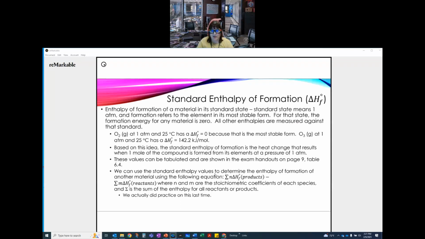We can use the standard enthalpy values to determine the enthalpy of formation of another material using the following equation: sigma n times delta H not F products minus sigma m times delta H not F reactants. And this is exactly what we did. Remember, we had that products minus the reactants. We had to multiply it by the number of moles. That's exactly what this says. It's the number of moles of each material that we're dealing with. So for each material that we have, we multiply by the number of moles of that material, add the products, and then subtract all of the reactants from that. n and m are the stoichiometric coefficients of each species, and